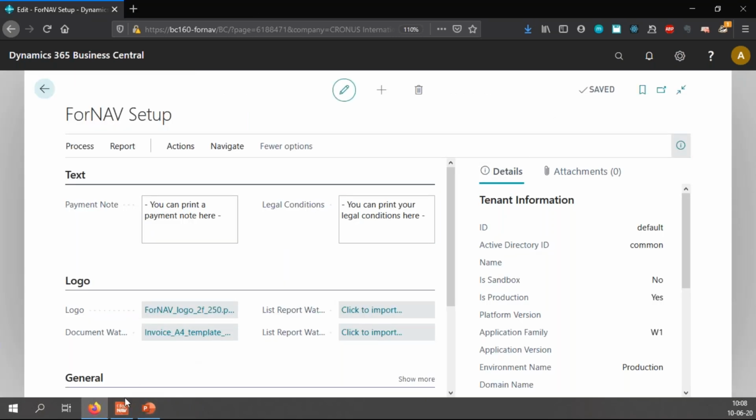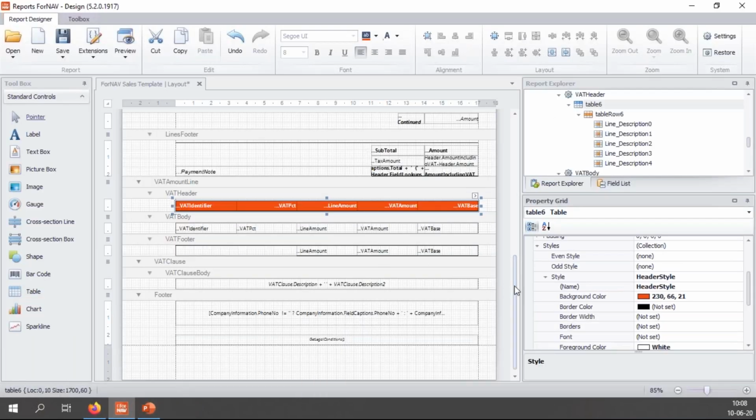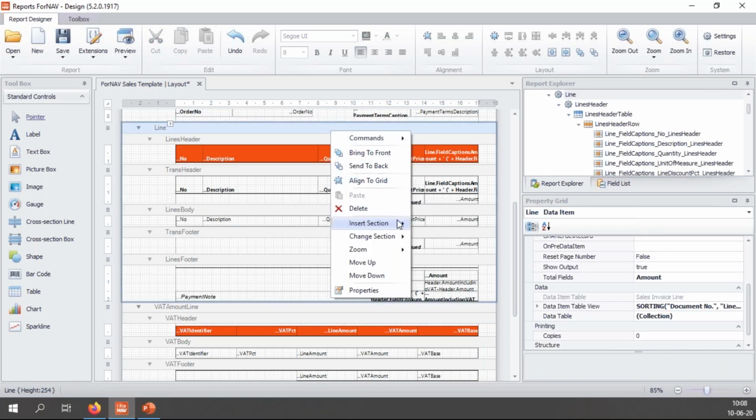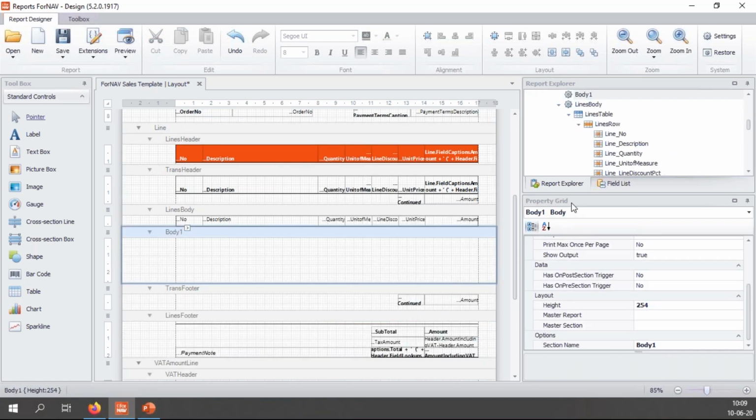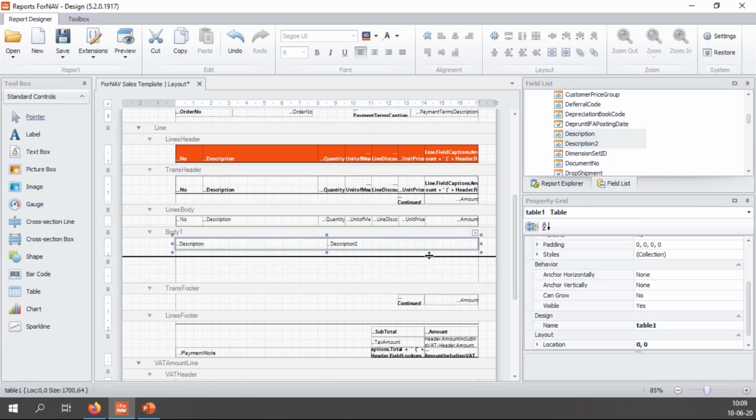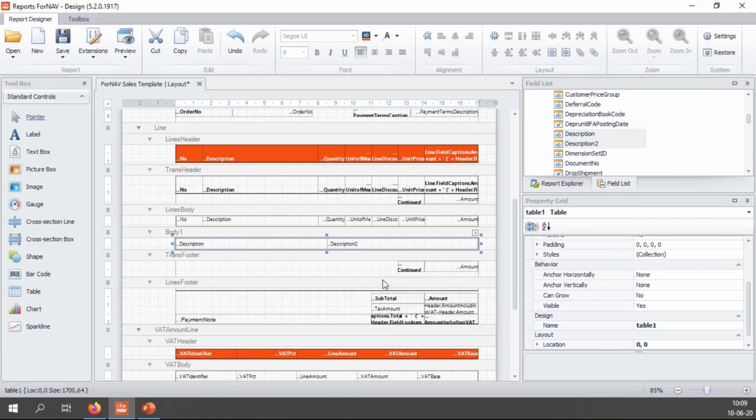So that's great. But what if, as we have demonstrated in some of our other coffee breaks, I add a new body section to my line? So let's add something and add some fields to it. What I add on it is not that important, it just needs to be a table so I can set the styles. So let's just add the description and the description two. And if I preview my report right now,